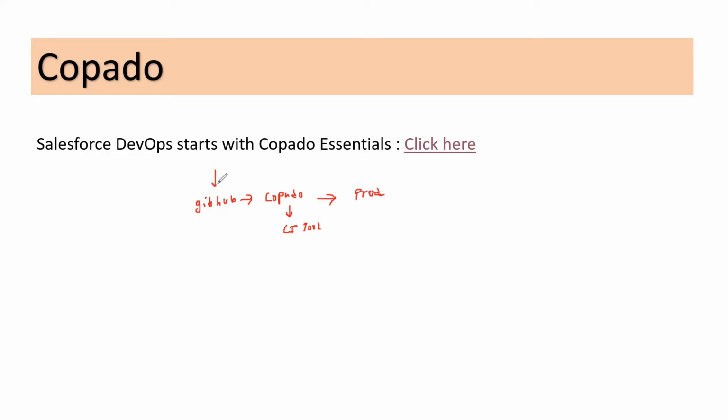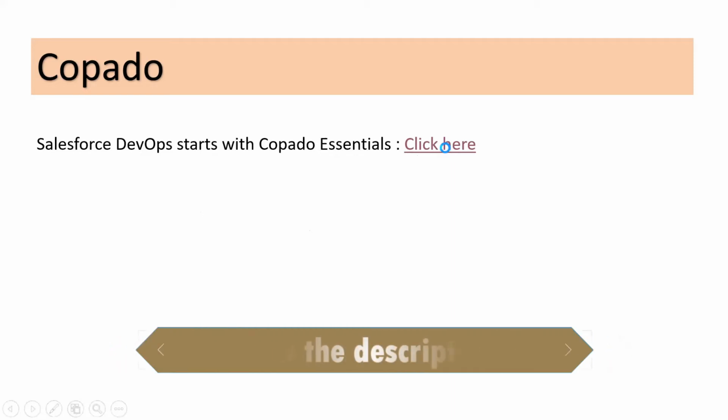As and when there is a change in the GitHub repository, Copado would basically pick up those changes and deploy to the destination org, depending on the org that we have configured as a part of that CI settings. So let's create this Copado Essentials. Just to highlight the beauty of Copado, Copado Essentials comes with a free version. We do not have to pay anything. We neither need to provide our credit card details. Everything is free. All it takes is a link that takes us to Copado Essentials, and we need to connect to that org that we wanted to get those changes from and set up everything. We are good to go.